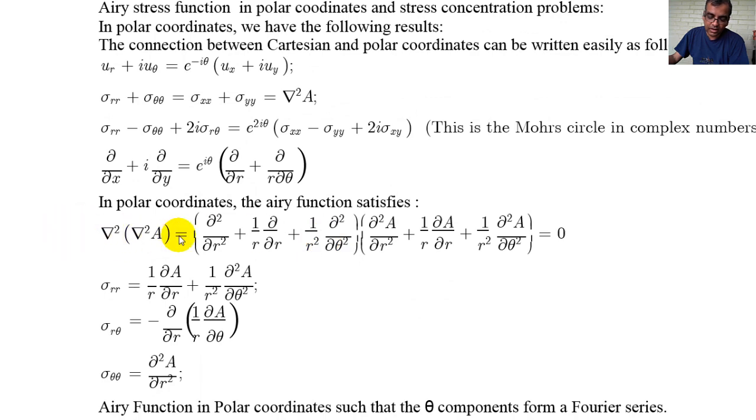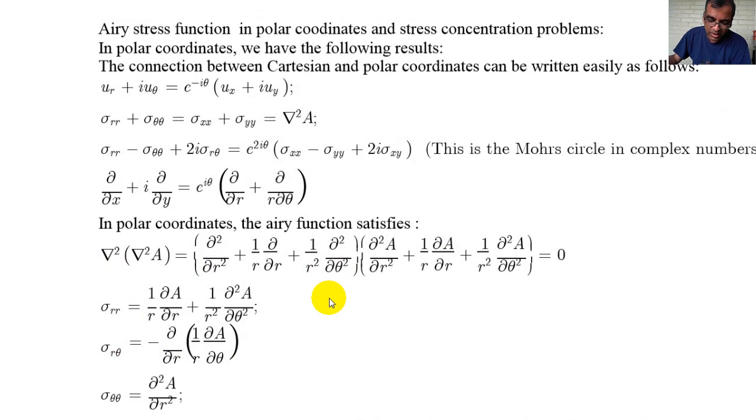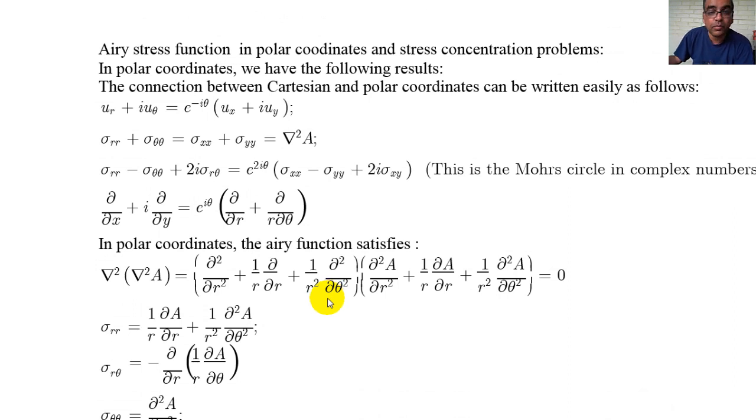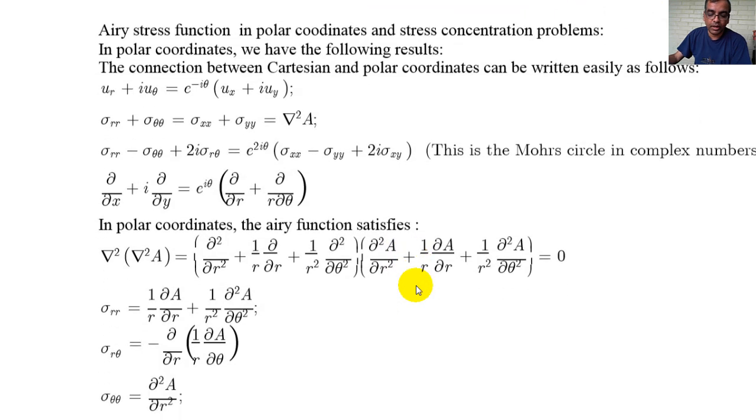Okay, the second thing is polar coordinates. Even del squared of A, sigma r theta, everything you can write in polar coordinates pretty easily. It's much simpler than doing it in Cartesian coordinates. By the way, the textbook by Sadd has a very good chapter on this. In fact, I think it is chapter 10 or maybe chapter 13 or something like that. But it's a very nice explanation of this. But we are only doing a limited version.